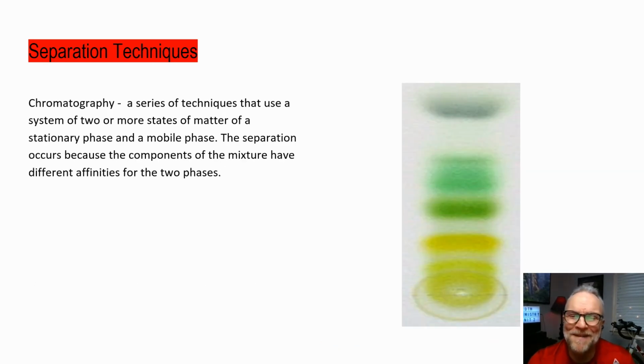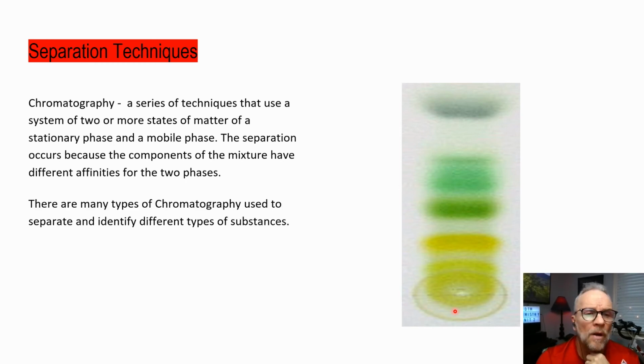Chromatography, you may have done some of this maybe in your biology class. I love chromatography. You can separate things off because of the attraction of the substances in a mixture to the filtration system here, or the filtration paper in this case. A series of techniques that use a system of two or more states of matter: a stationary phase and a mobile phase. So the stationary phase would be the paper, and the mobile phase would be whatever is put on here. And that mobile phase travels on up, and as the different substances travel up, they have a different affinity for that paper